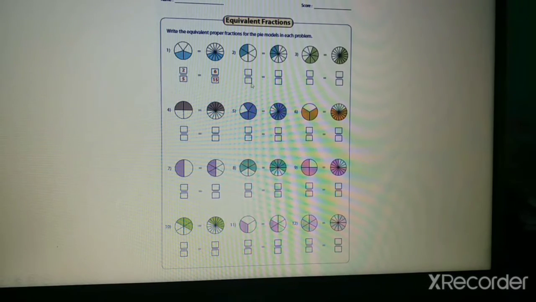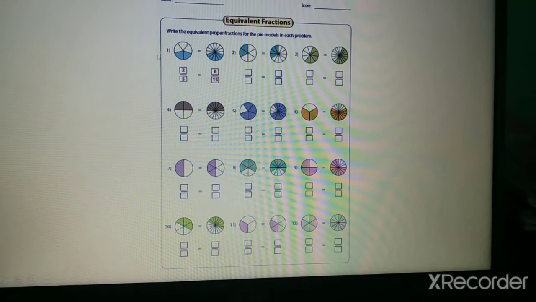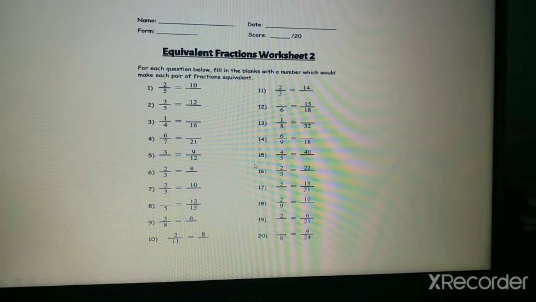So in here, you are going to write the fraction inside the box. Write this one in your notebook. Write the equivalent fraction of the following pie models. You have 12 items. You follow number 1. Understood? Draw everything on your notebook. And then the next one,